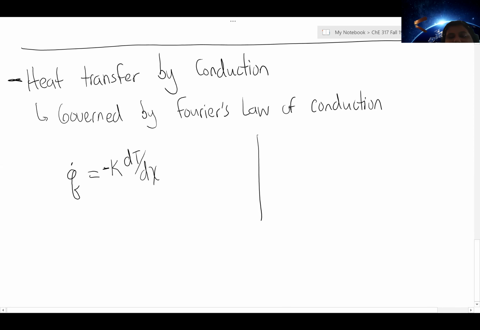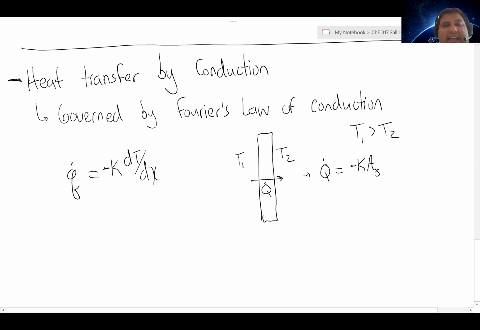So if I have, let's say, an object, and I have T1 and T2, and T1 is greater than T2, I can expect some heat transfer to occur, and that heat transfer, a big Q, will equal that proportionality constant times the area where heat transfer is occurring, keeping in mind this is now surface area as opposed to what we dealt with a lot in fluids, being cross-sectional area. Heat transfer exists along surfaces,